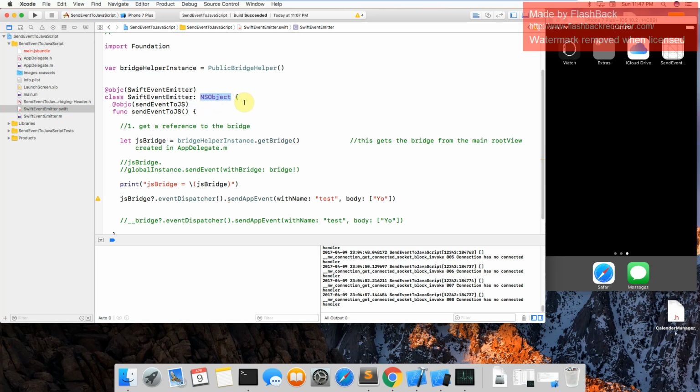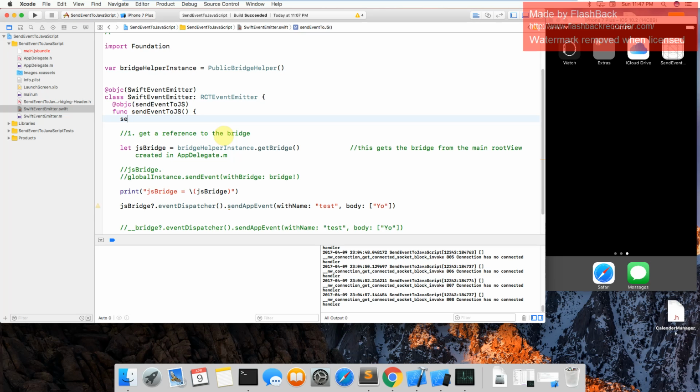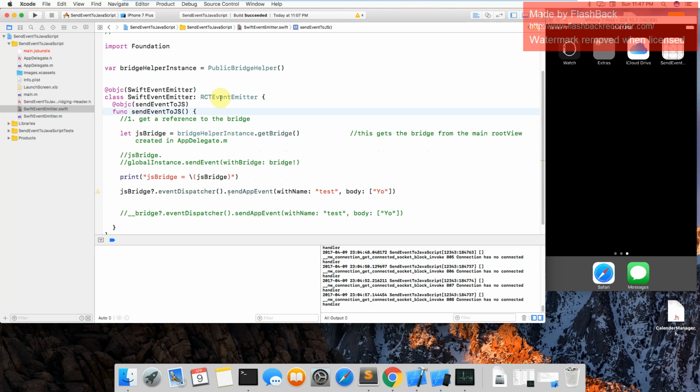Now, what you'll see on the React Native docs, the new ones, is it'll say RCTEventEmitter, and you should be able to inherit from that. And at that point, you would say self.sendEvent(withName:body:), and you could type your name and your body with your data. I could not get that to work, so I had to do my own solution,